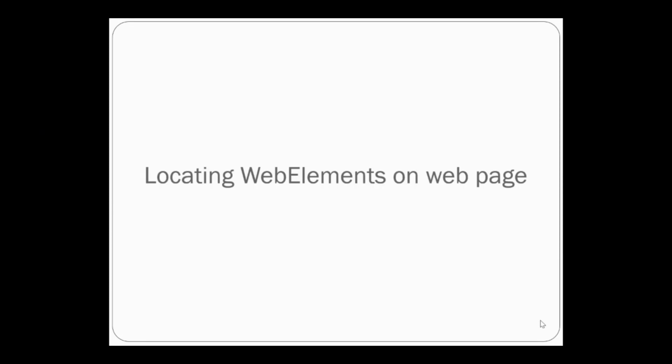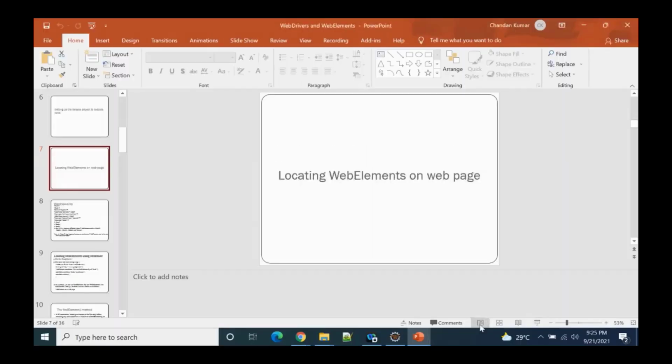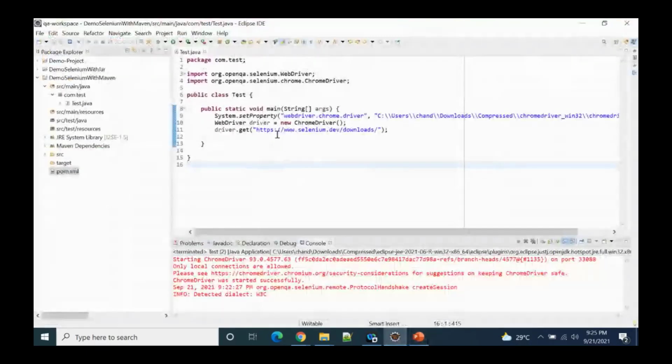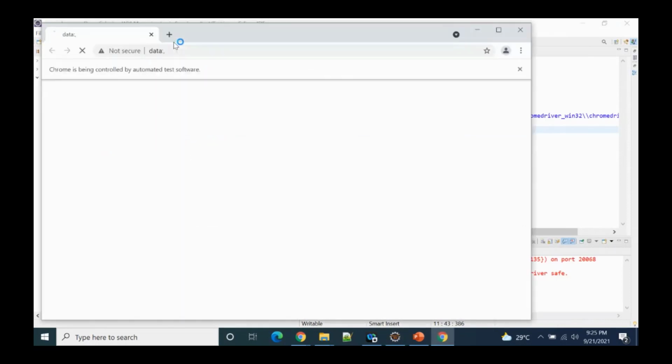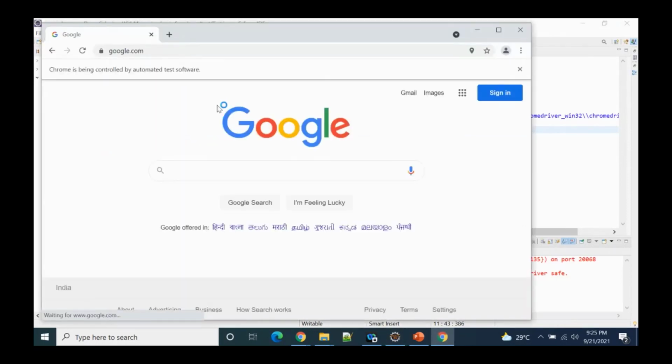Locating elements on web page. What it means: suppose you have written, let's say, google.com, simple. Save it and then run it. So our use case is that we should open Google, and then here I'll search, let's say, Selenium dev, and